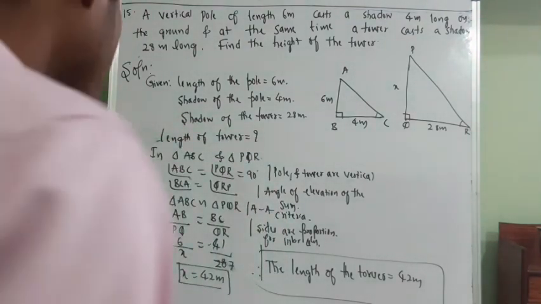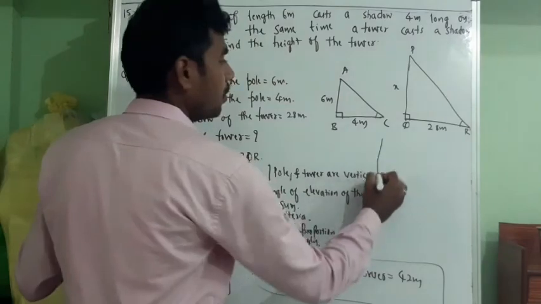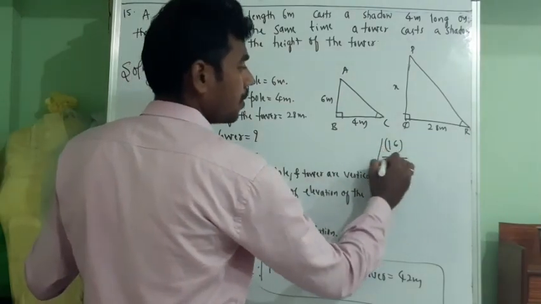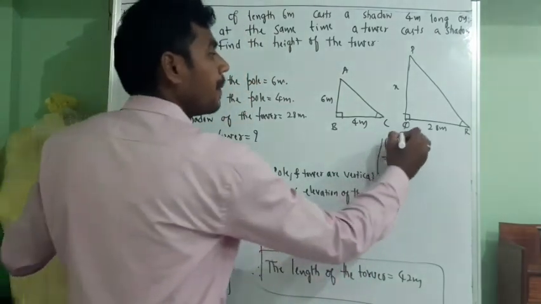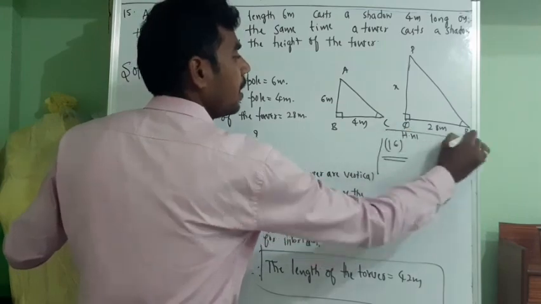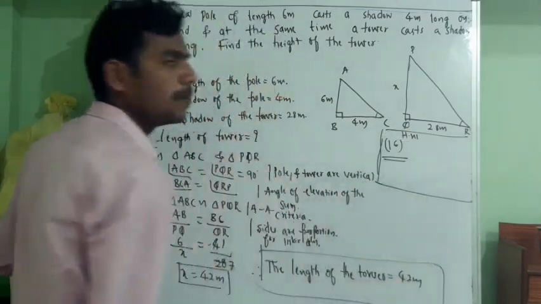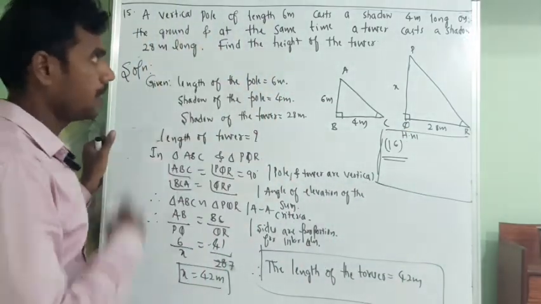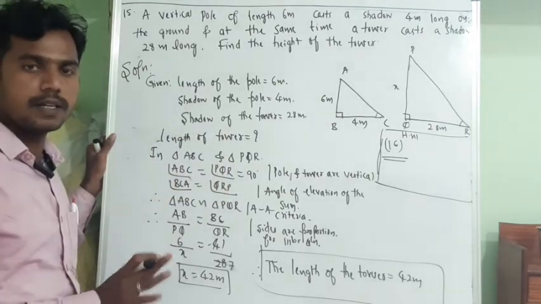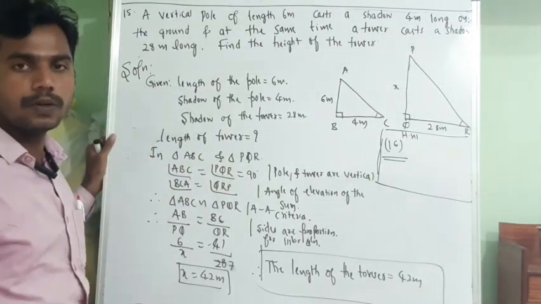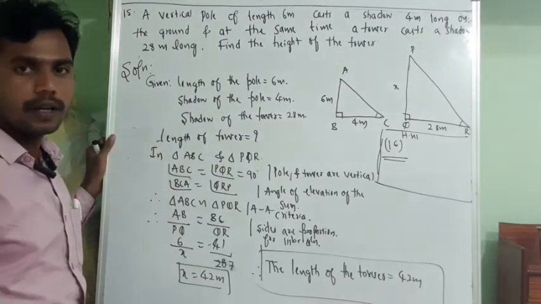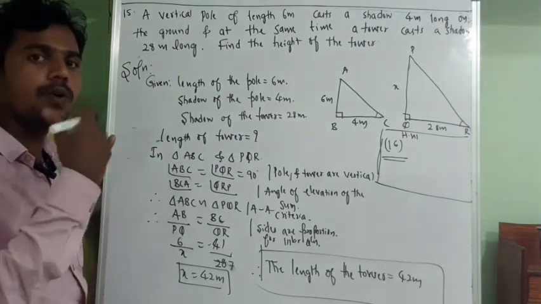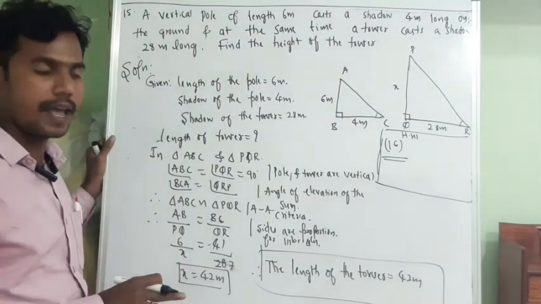One more thing, the 16th will be very much similar to the previous questions. So that will be homework, and if you have any query, please contact me. I am going to help you with the solution. Please note this down. And this concludes exercise 6.3. In the next class, we are going to study the introduction for exercise 6.4. In that, you are going to study the areas of a triangle. Please note this down.